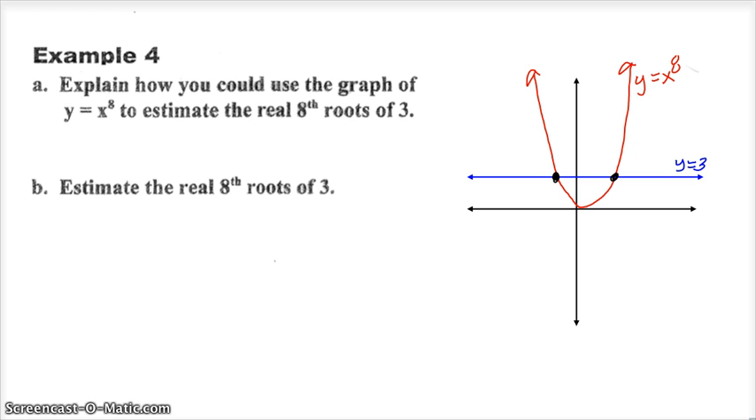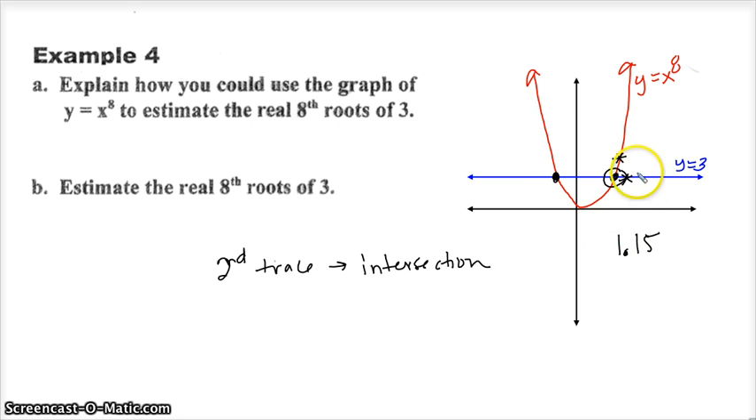To actually estimate the real roots, I can use my calculator. Now, I'm going to use the second trace function and find intersection. It'll ask for the first curve, and you should put your cursor on the parabola. It's going to ask you for the second curve, and you can put the cursor on your line y equals 3, and it will zero in on the intersection point. This should be approximately